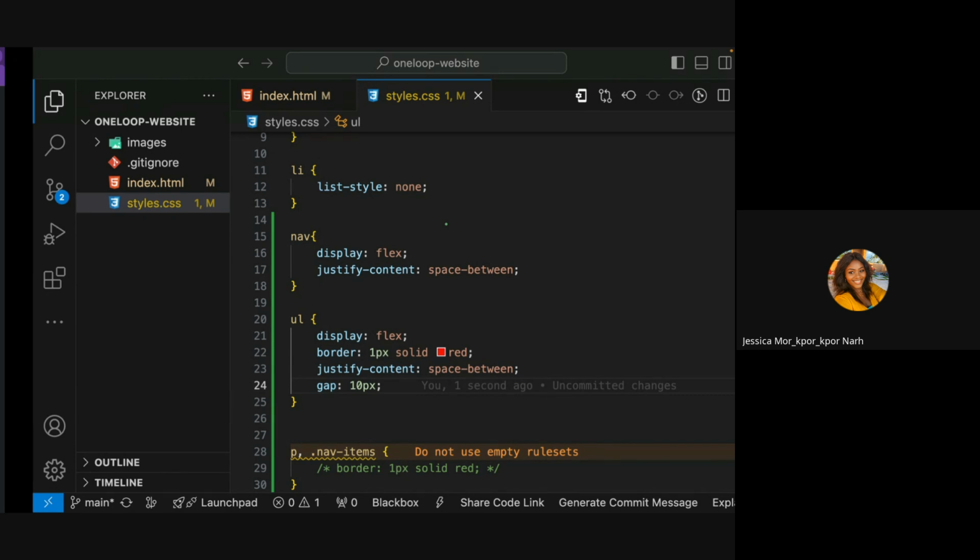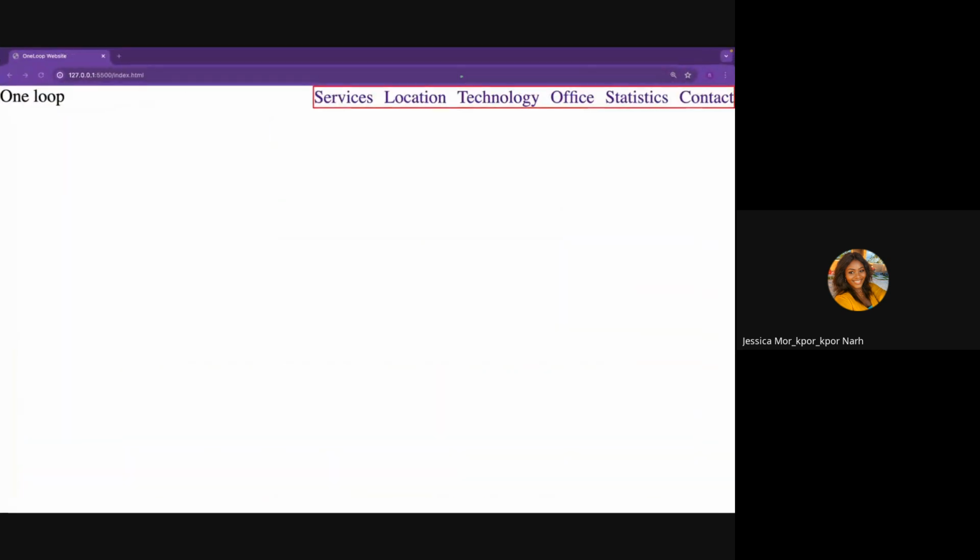Okay, so the justify content, if there are two contents in a box, it puts a gap or a separation between the two contents, like say the one loop and then the nav items. There are just two items, so there is a space between. If they were to be maybe nav item, the P item, and then another item, the justify content and the space between will put a space between these three items, whilst